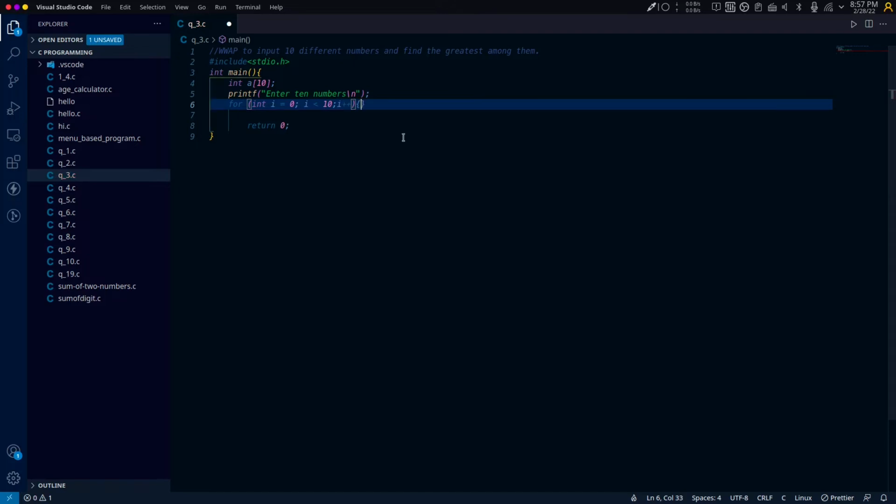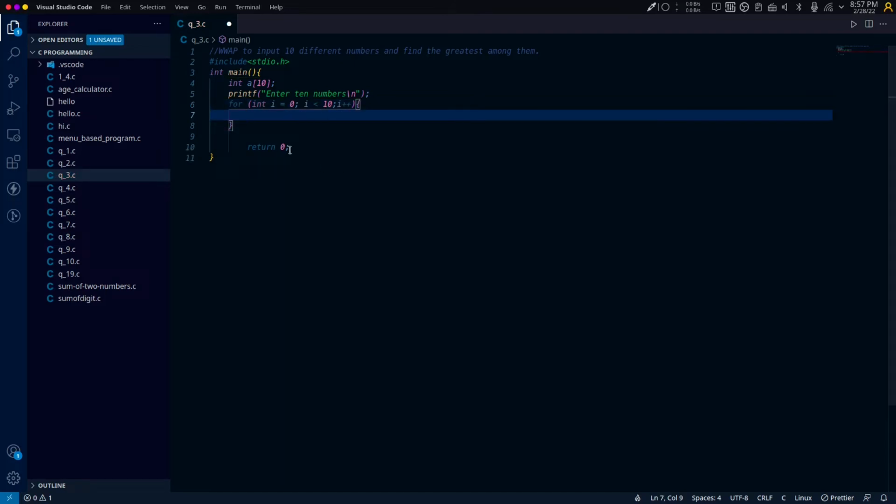So this means i runs from 0 to 10, and then we'll do scanf inside of the for loop, so %d and address of a to its index, and then